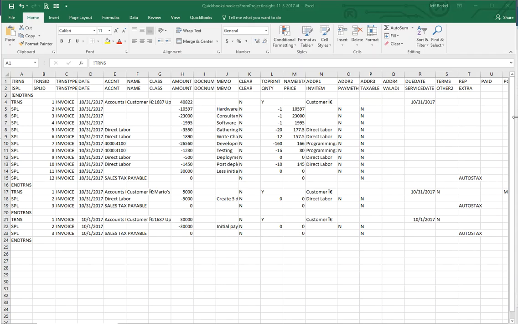When you take a look at the IIF file, which can be opened in Excel, you'll see that the data in here is basically in the format that you would need it to be in for QuickBooks to read it in its own proprietary format. When you import this file into QuickBooks, it will come in and create the invoices for the appropriate customers and the appropriate item types based on the